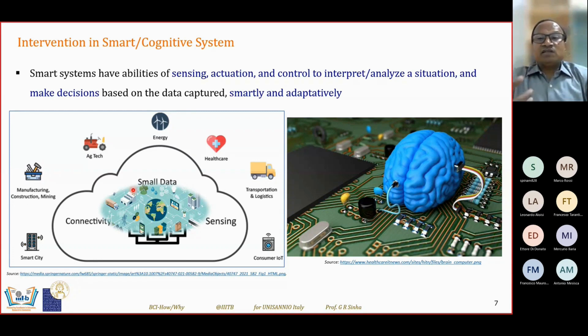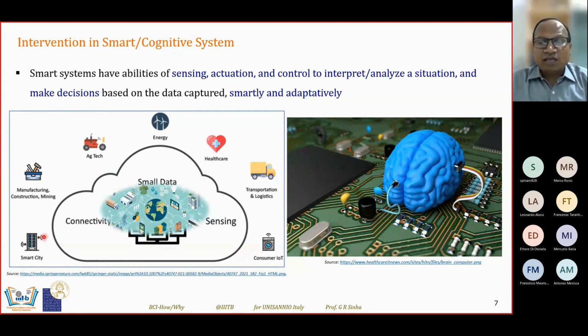So now the time has changed. Every small data has a huge amount of meaning. So we need to actually take care of small data. That is something which is very important. So the smart system implies smart data connectivity and sensing, and the applications may be any numerous applications like smart